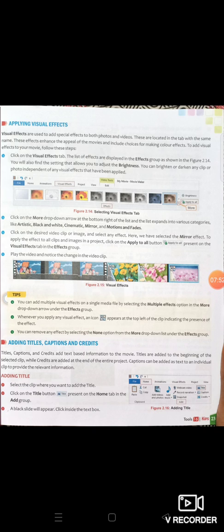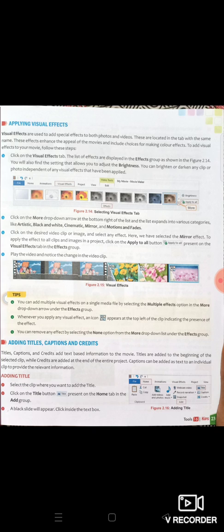These are all very small things that you can do easily by practicing. The problem is that right now I do not have the particular software on my laptop and I'm not able to download it. There are some issues with the laptop. Soon I will download it and share the practical videos also. I will show you everything practically in the videos, but for understanding, you can download it from the Play Store on your laptop, or just Google download Windows Movie Maker free for Windows 10, and you can easily work on it.